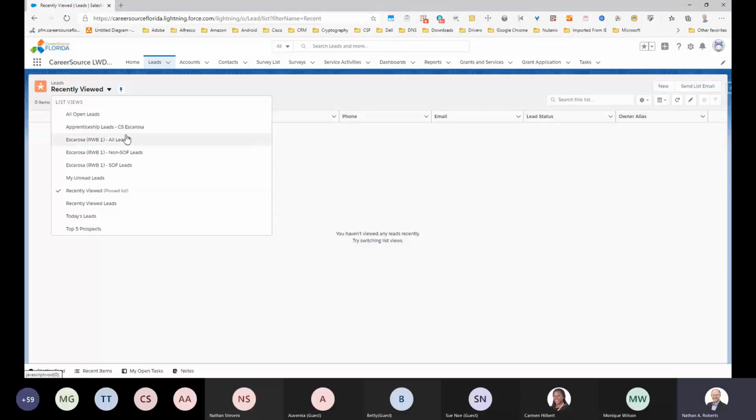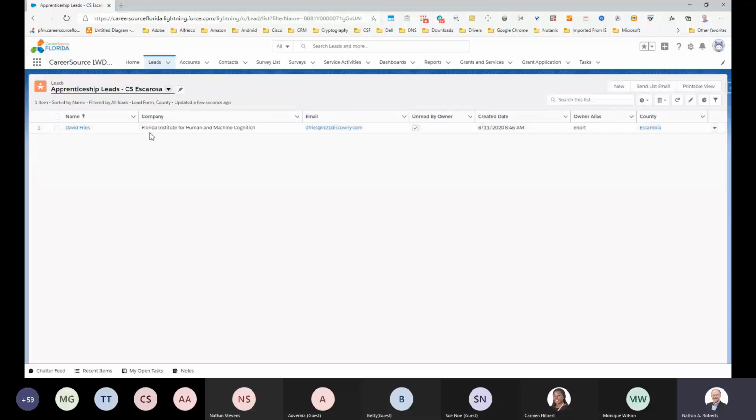And as those leads come in, we have a flow that looks at the entry for county and then assigns it to the appropriate region. So if I click on apprenticeship leads, we'll see that one has come in, for example, for CareerSource Escarosa. So this is how whoever is assigned in your region to work with businesses that are interested in an apprenticeship program